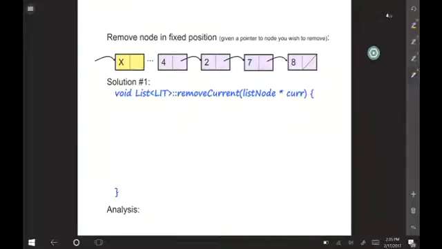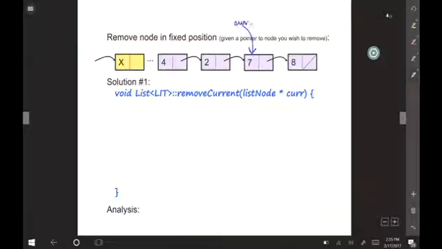I'm going to describe this in a way that's sort of strange. This function, remove current, takes a pointer to exactly the node that you want to remove. So let's say, for example, that we want to remove that one. I'm going to tell it to you via the parameter.